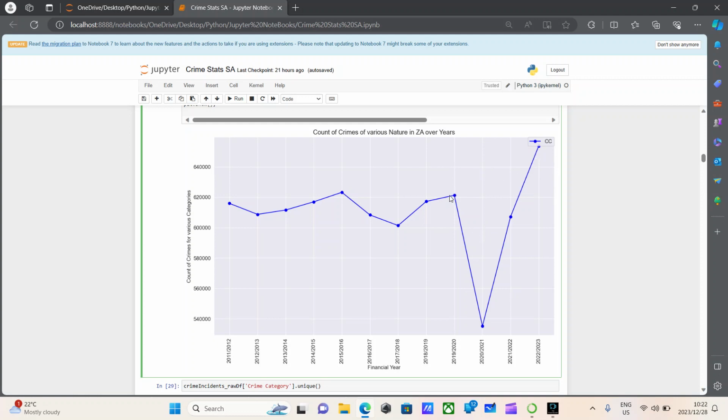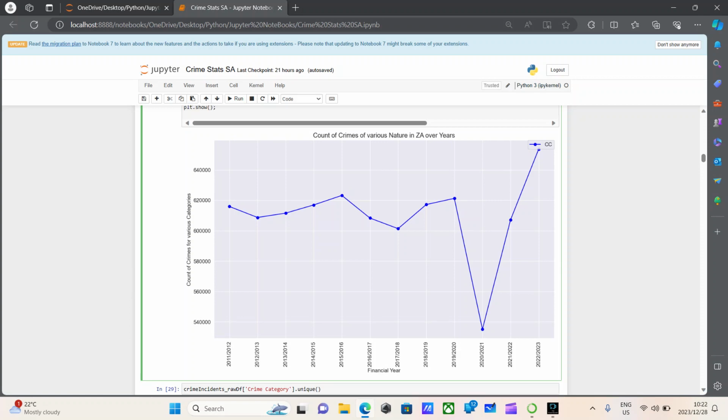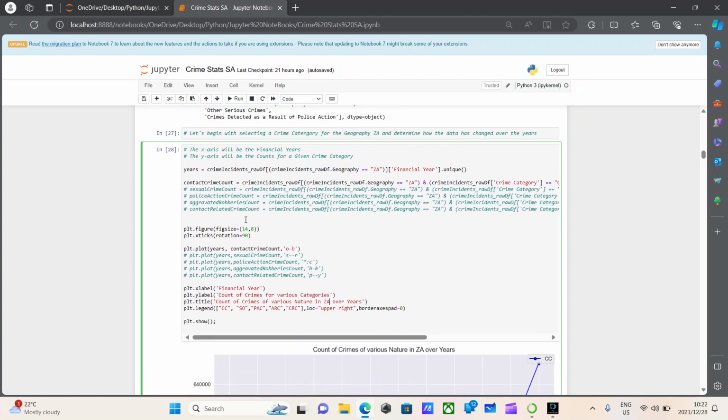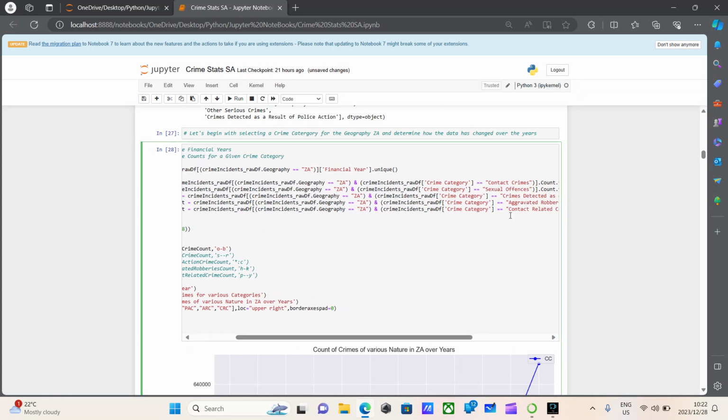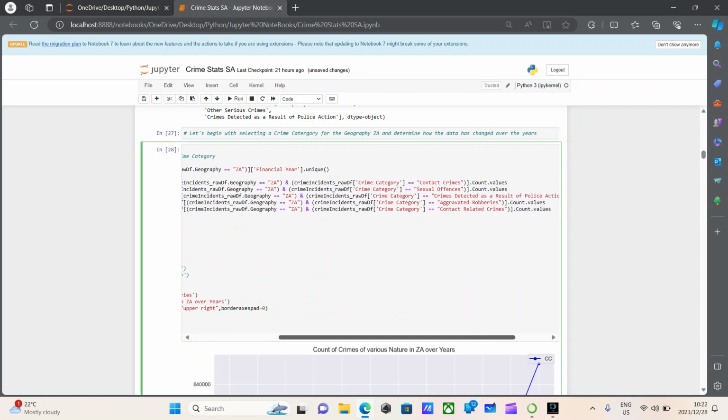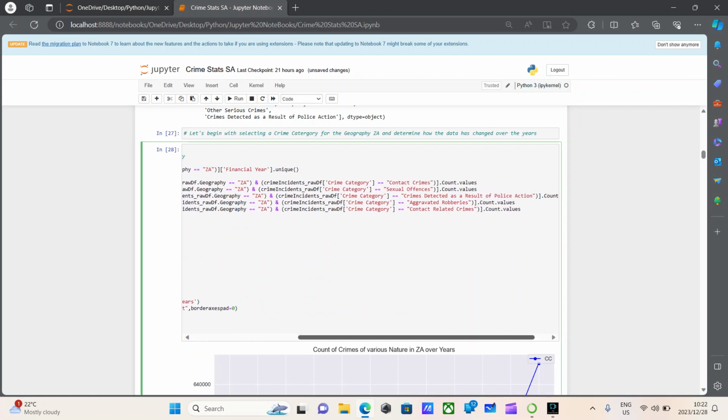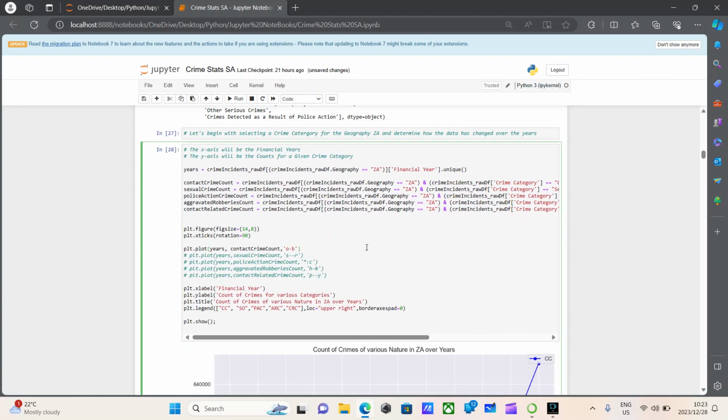So again, we initially saw a very big decrease followed by 2 years of a very large increase. And in fact, if we uncomment these four out, which is the same thing as contact crimes, but in this case I switched the crime category for sexual offenses, crimes detected as a result of police action, aggravated robberies, and contact-related crimes. And now if we run it,